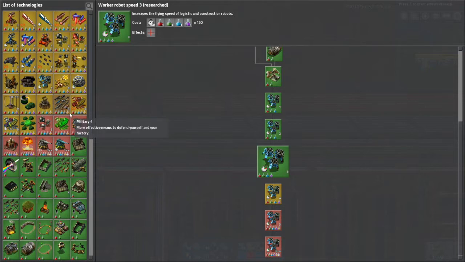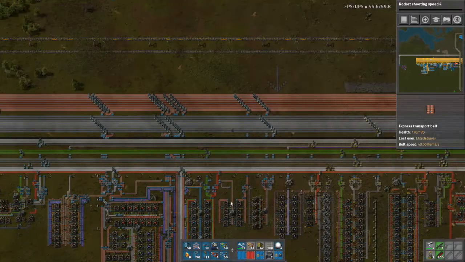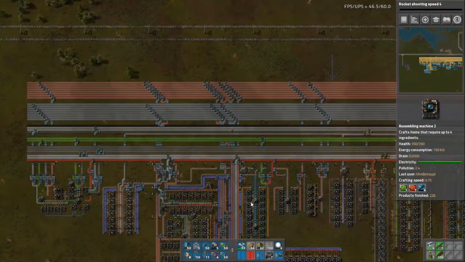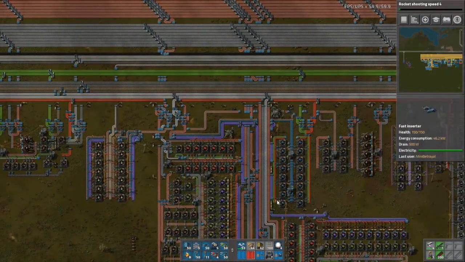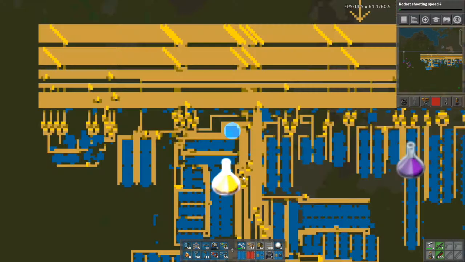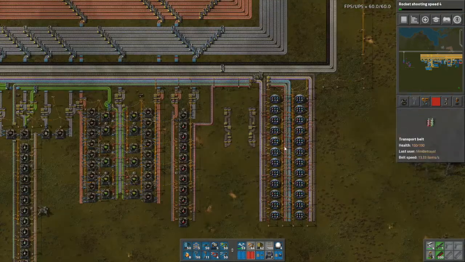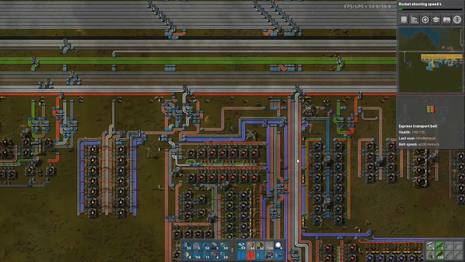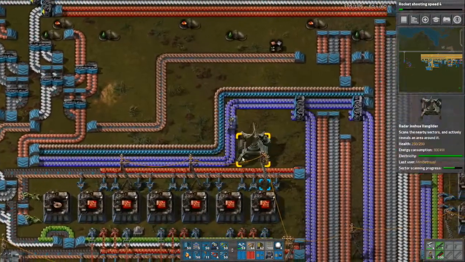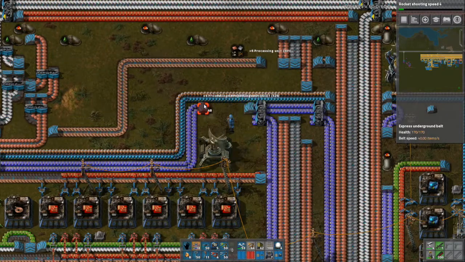What science should we do? Let's get ready for rockets, I think. Okay, so if we come over here, of course I'm not doing science all the time, and even if everything's working, these labs I have over here are not enough to use 2 science per second. So these should, in theory, be nearly always backed up. So what I'm going to do is that,